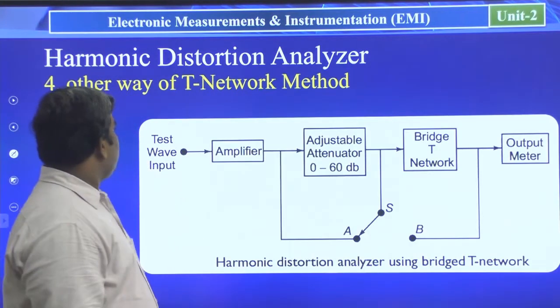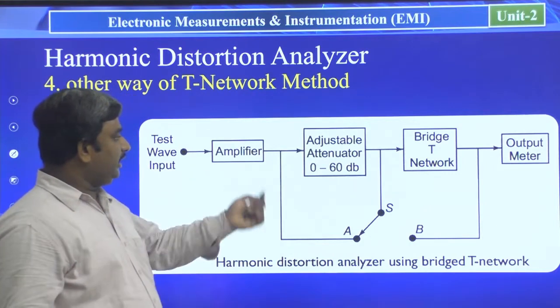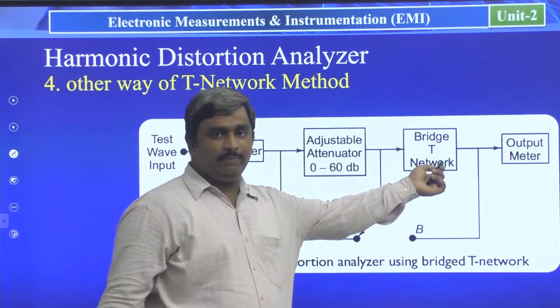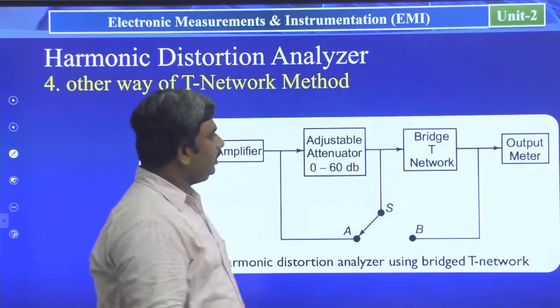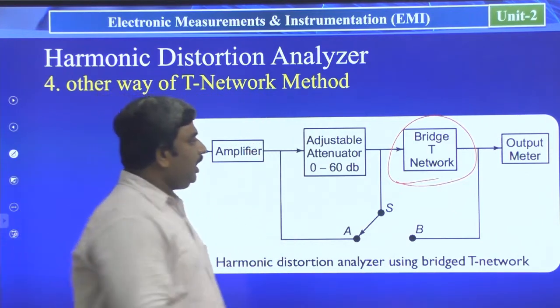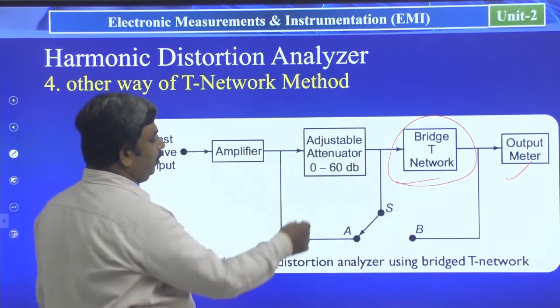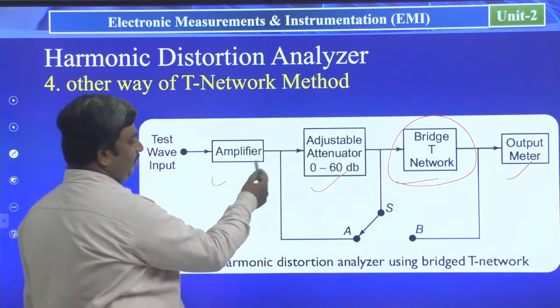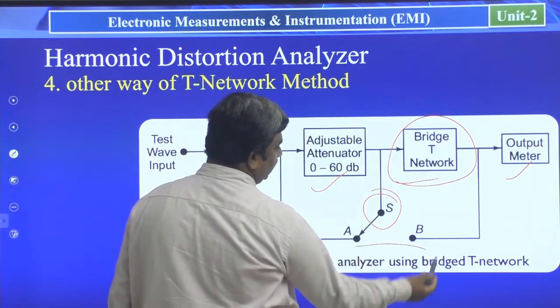Next, coming to the other way of T-network method. So, another type of T-network method. We are keeping the previous circuit, this complete circuit here. The bridge type T network we are keeping here, and at the output side we have an output meter. Here we have an adjustable attenuator, an amplifier circuit, the switch position, and the A B